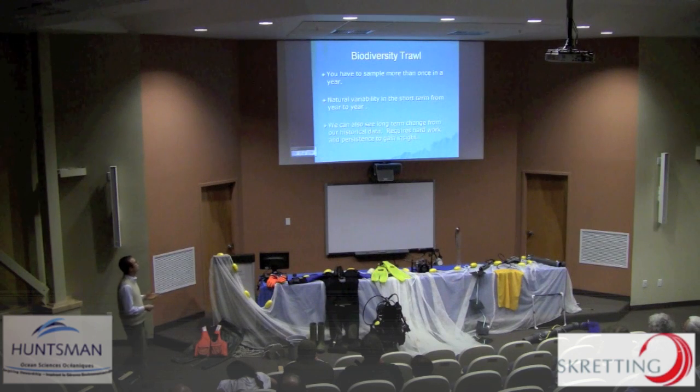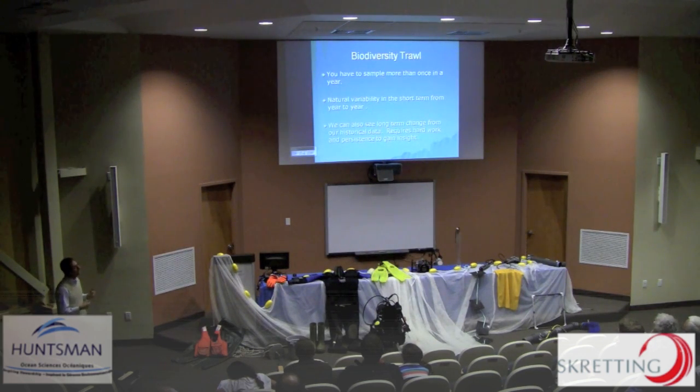So what do we learn from the biodiversity trawl? We learned that we have to sample more than once in a year to get a sufficient number of species in our sample. We also know that there is some natural variability from year to year. And we can also see some long-term change from our historical data. But this is going to require a little bit more work. It's going to be hard work and some persistence, but we're pretty sure we're going to gain some insight if we look at the